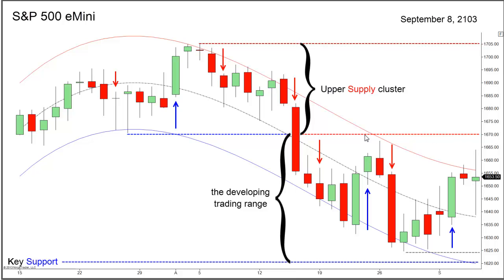1670. The market attempted to auction back to the high at the end of August in what we deemed at the time was a short covering rally. Following the short covering rally, price traded back through the entire trading range and went on to make a new low, trading down to 1624, 1625. Having spent sufficient time, 3 consecutive trading days, accumulating positions at the newly made low, this week we witnessed